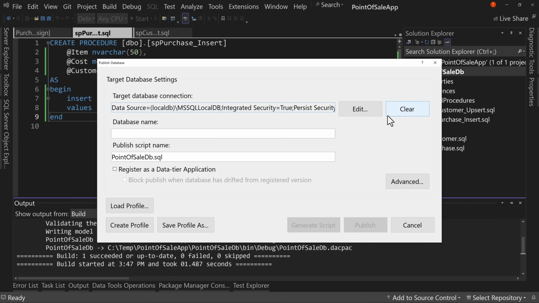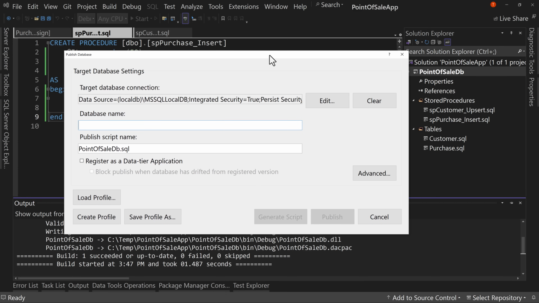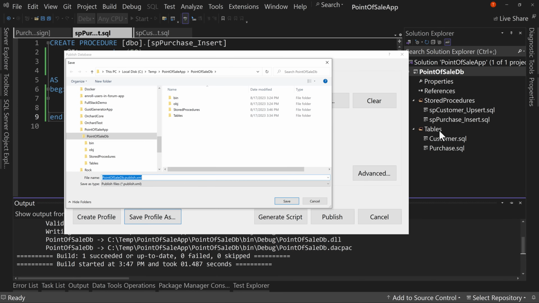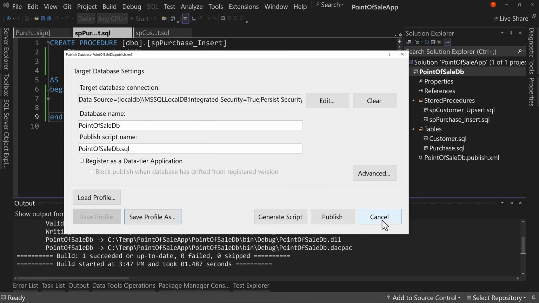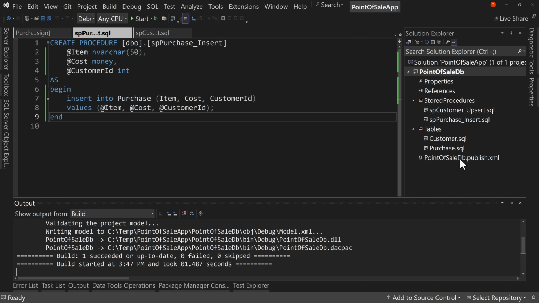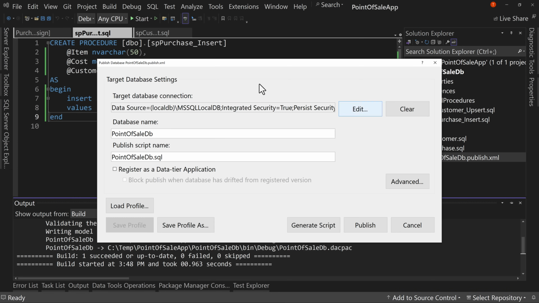Hit OK. And I'm using integrated security. That creates this target database connection. And I can give this database a name. We're going to call it the same thing as our project name, so point of sale DB. But I'm not going to hit publish. I'm going to say save profile as and save this right in my project. So I hit save here, and that creates this XML file right here. If I double click this, it's going to open up that same dialog with everything filled in. Then I hit